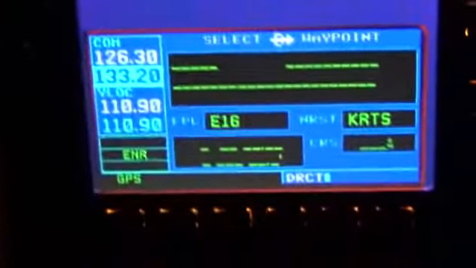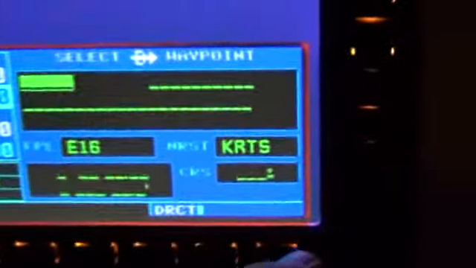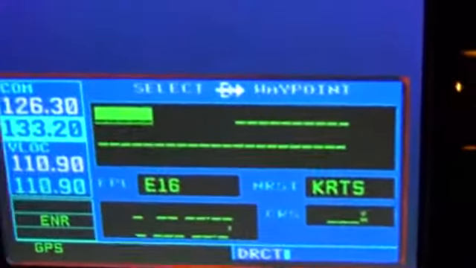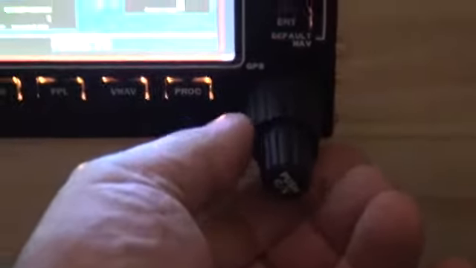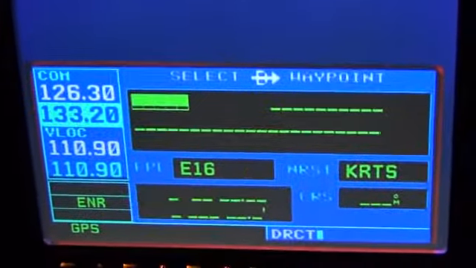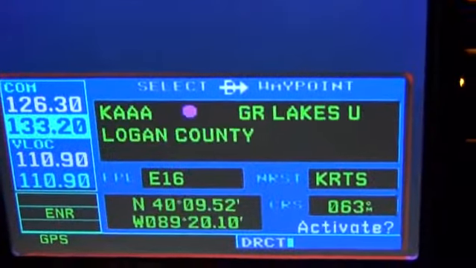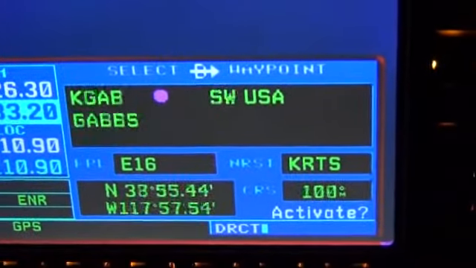Okay, so we'll start up with a, we'll go to KRNO here. I don't know if you see the N there, so we'll come up here with the inner knob and turn it one, go to the outer knob, turn it once, there's K, and then with the big knob, turn it once, it cycles to the next one, so we'll go K,